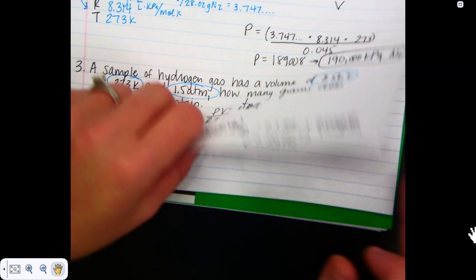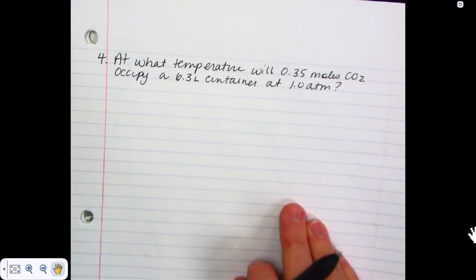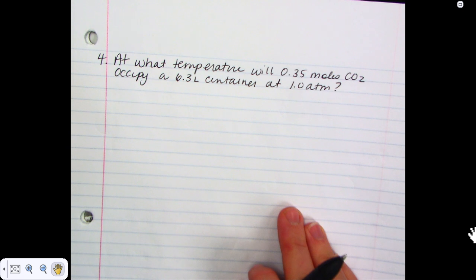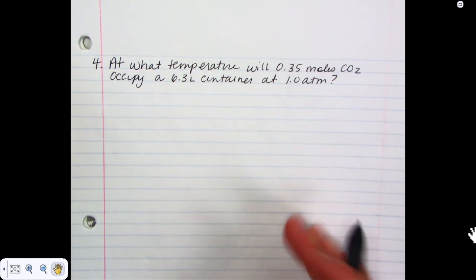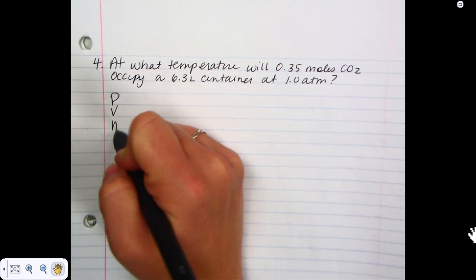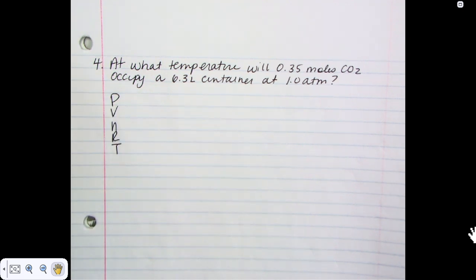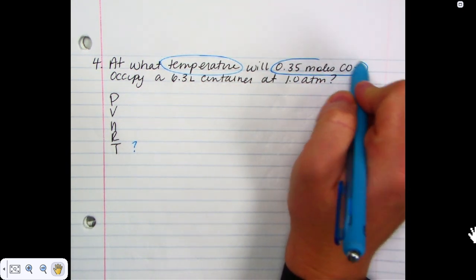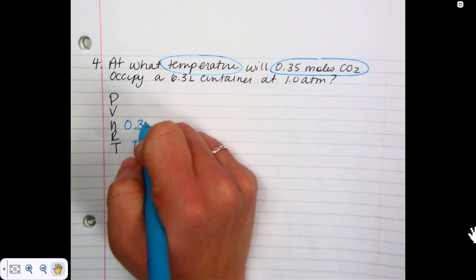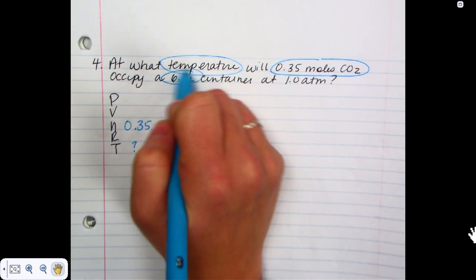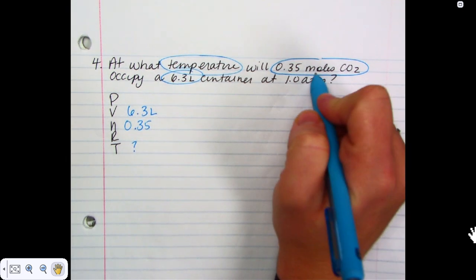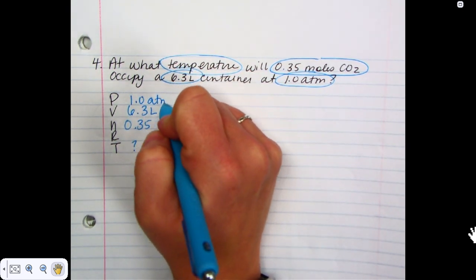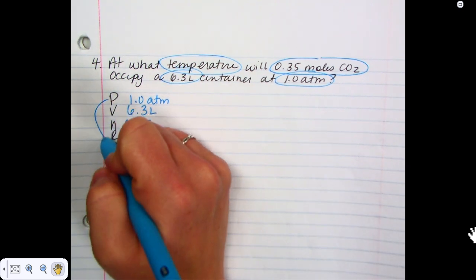All right, our last one. At what temperature will 0.35 moles of CO2 occupy 6.3 liters at 1 atmosphere? Oh, okay, seems pretty straightforward. P, V, n, R, T. So at what temperature, I'm solving for T, will 0.35 moles of CO2 occupy 6.3 liters at 1.0 atm. So 1 atmosphere, I need to use the atmosphere R,